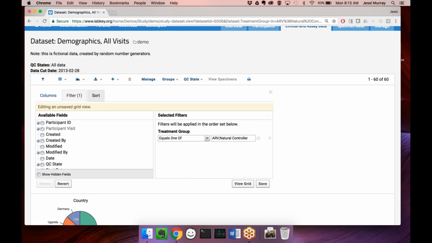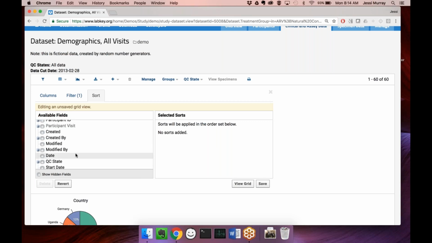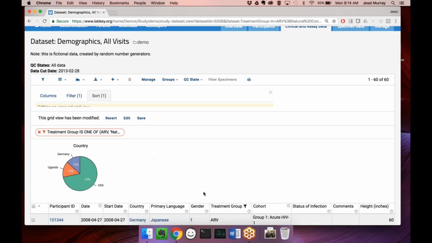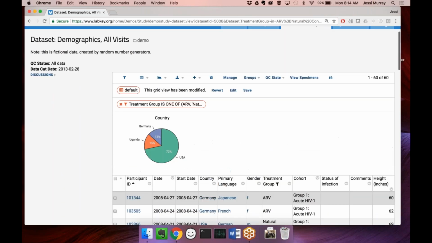You may or may not remember that there was some complicated logic around whether sorts would be considered part of your saved view that required clicking on a specific button and making sure it was in a selected state that was not really apparent. We stripped that out and we just said sorts are part of your selected view. So if I want to make sure that my saved grid will be sorted by participant ID,